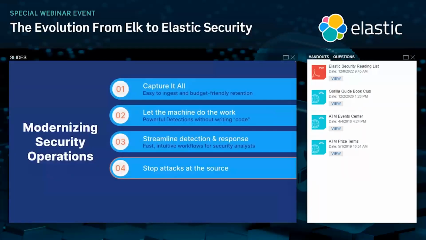Moving on, let's stop attacks at the source. And, Mateo already mentioned endpoint, and that's what we're talking about. We're talking about that ginormous attack surface of all those workstations and servers in your environment, a key part of your attack surface that you need to gain visibility in, and that you need to have the same level of visibility and protections that you have for everything else. And this demo will show us how Elasticsearch can really help minimize our risks on the endpoint and stop threats before there's a broader breakout.